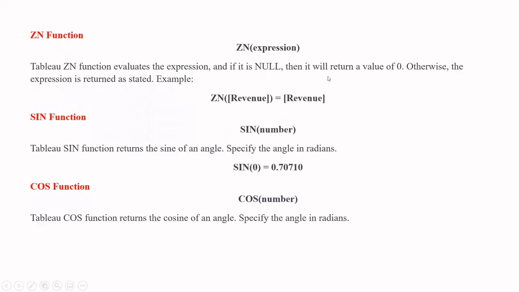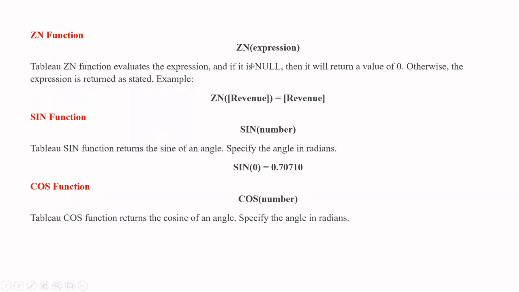In some cases, if the data is not there for any one of the fields, assume there are 2 values. If there is a null in one value and the other field has a value, because of the null, the outcome will be null. Though we have one field like selling price, if the cost price value is not there and it's null, then the outcome will be null. To avoid that situation, we can use the ZN function. For example, you keep 5,000 as selling price and we don't have data for cost price, or it is null. In that case, it will treat the null as 0, so we'll get 5,000.